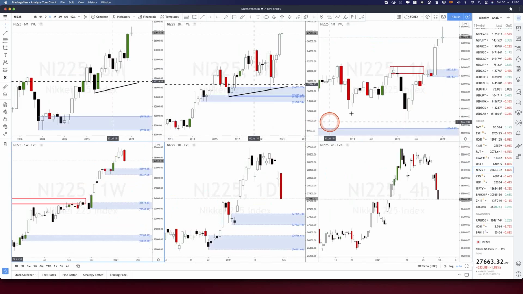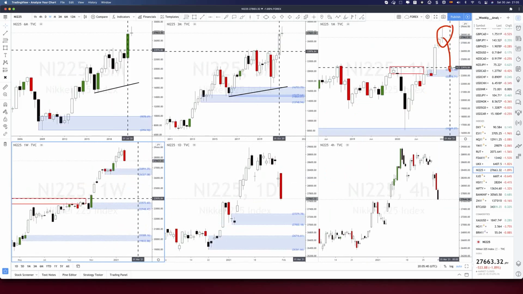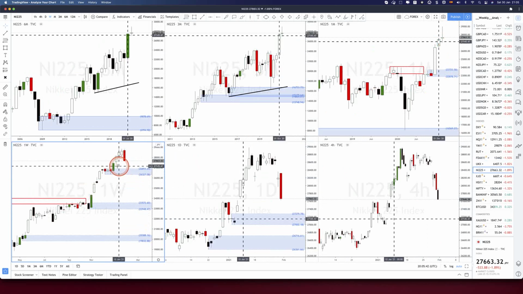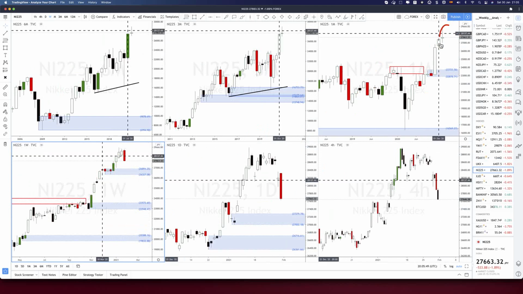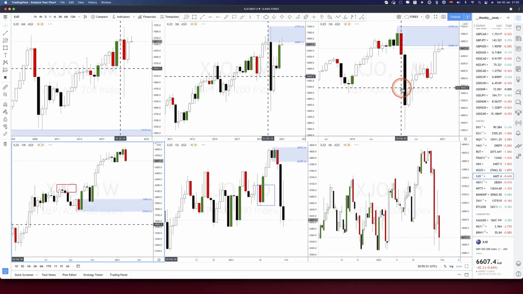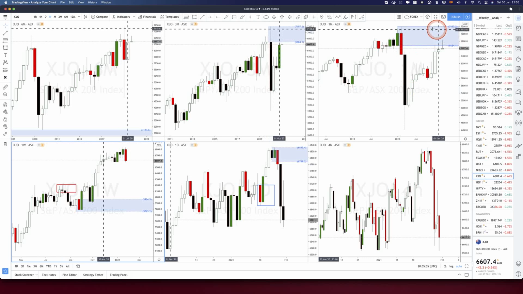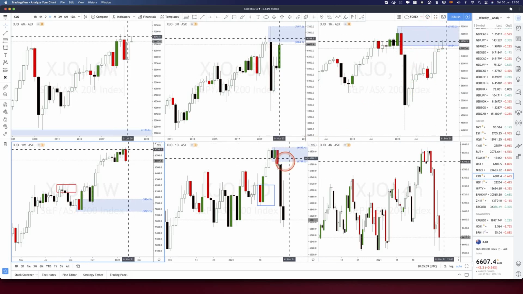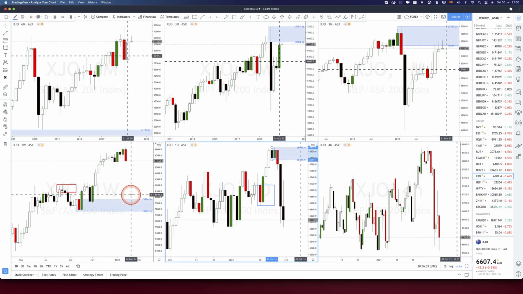Nikkei, monthly uptrend, monthly is losing steam, longs at monthly areas of demand. This is an aggressive type of trade on the weekly, waiting for confirmation after the strong rally and seeing the monthly losing steam. On the Australian index, we've got the monthly area supply in control. We're expecting the elimination of that, but it is not happening yet, creating new areas of supply. Longs at new areas of demand after a bigger retracement.